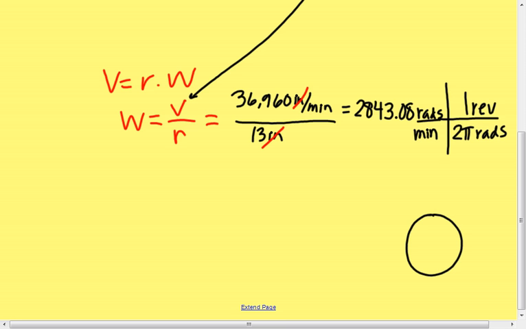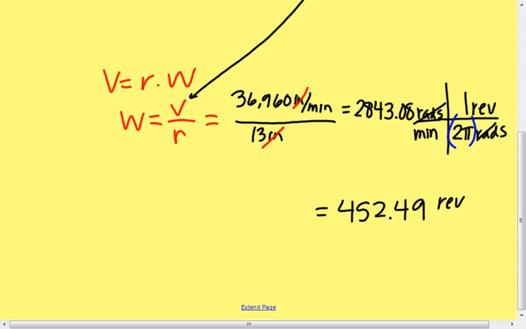This is big, big caution to you, and that is this. When you divide by the 2 pi, you're wanting to divide by the quantity 2 pi. When you divide by that quantity, the 2 pi has to be in parentheses or your calculator will not do the order of operations correctly. So when you put that in, put in 2,843.08 divided by parentheses 2 pi. Okay? The radians are going to cancel, and you will be in revolutions per minute, which is about 452.49